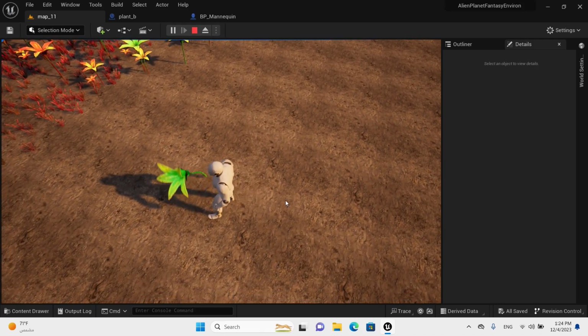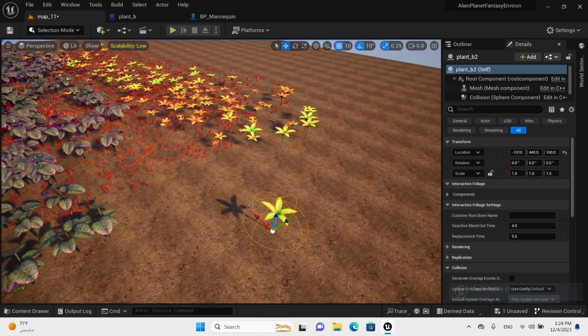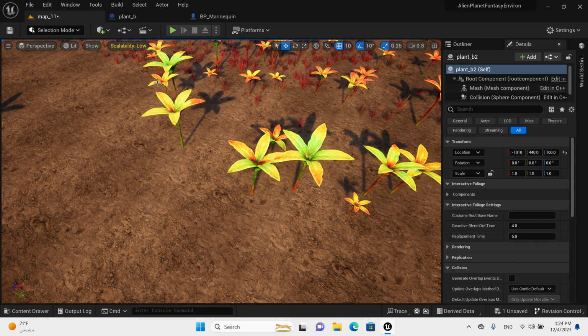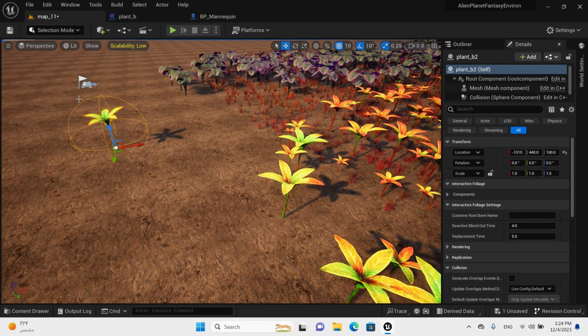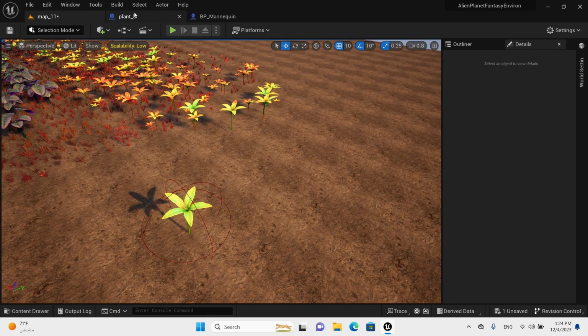And that's good. But painting this foliage all around the scene is not an ideal way of doing this, because it will be more performance heavy. Instead, what we do is check the player's position. If it's near these static meshes, then we'll replace this static mesh with the interactive blueprints. And we don't have to do this manually, since the plugin does that for us. All we have to do,